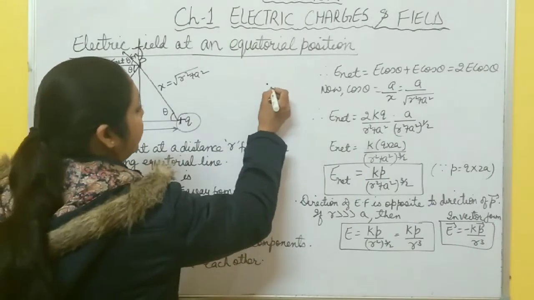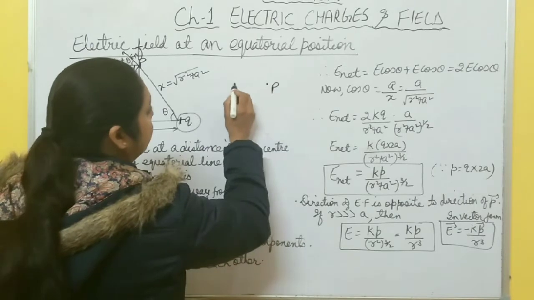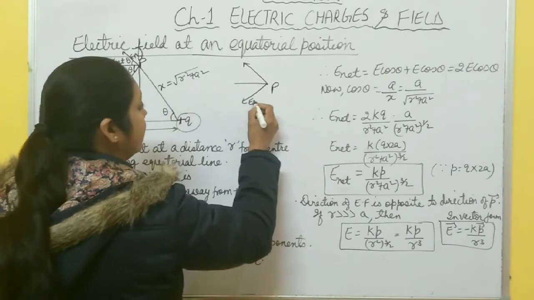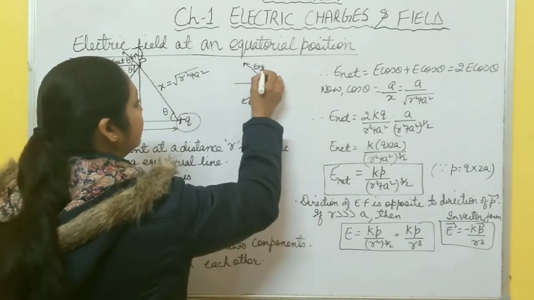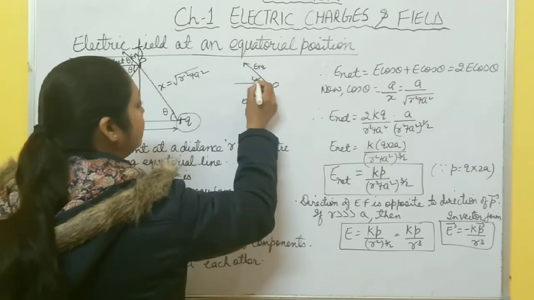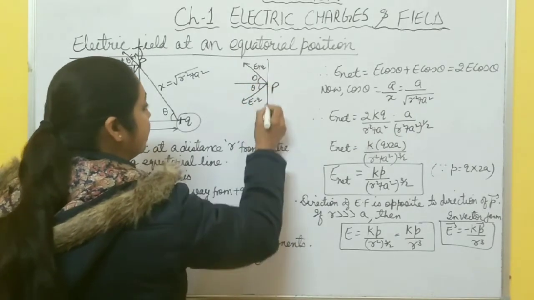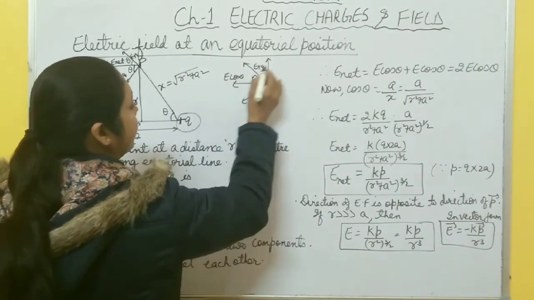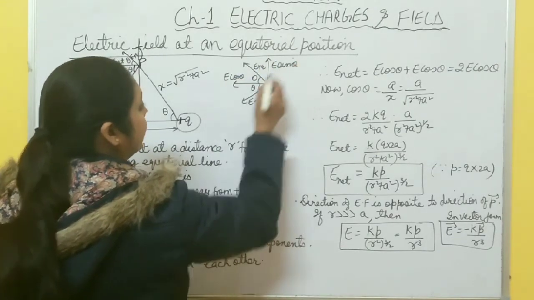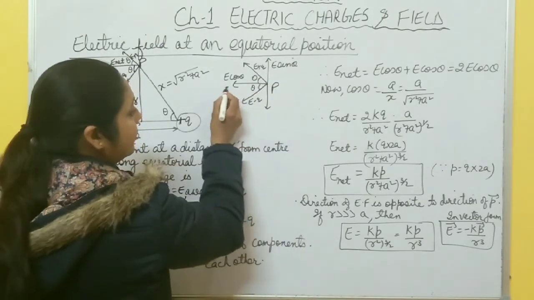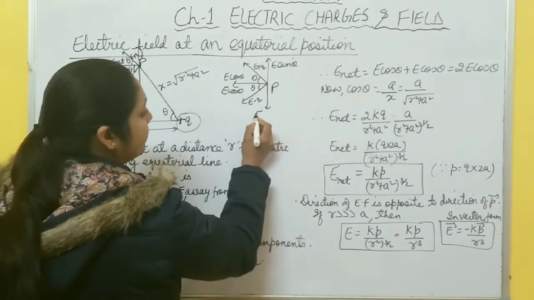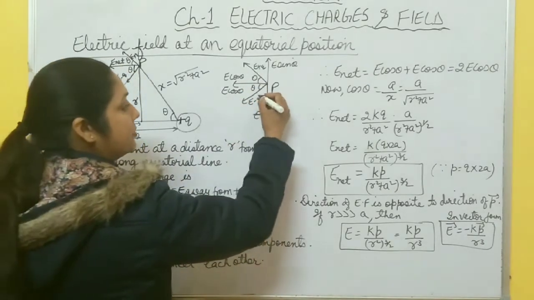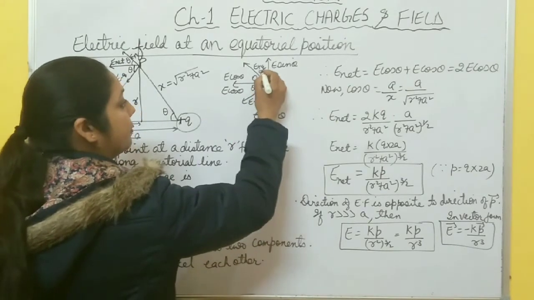Suppose this one is point P, right? And here electric field due to plus Q charge is along this, electric field due to minus Q charge is along this one, right? This angle is theta. So it is resolved into two components. This field has this side and this side. This one is E cos theta and this side E sin theta. Again this field due to minus Q, this side cos component E cos theta and this side E sin theta. Why am I writing E? Because electric field due to plus Q and minus Q charge both are equal to E.